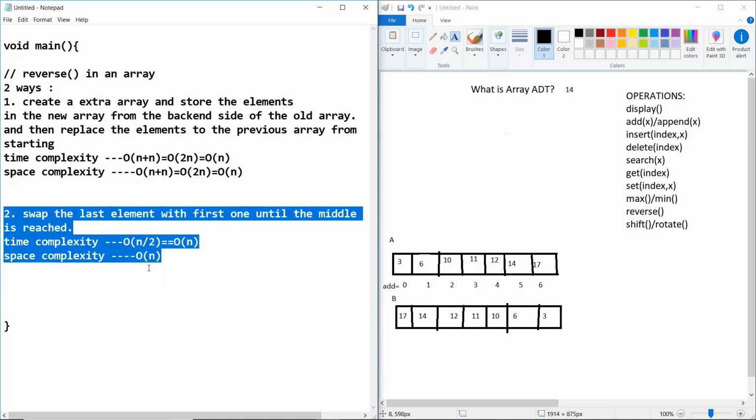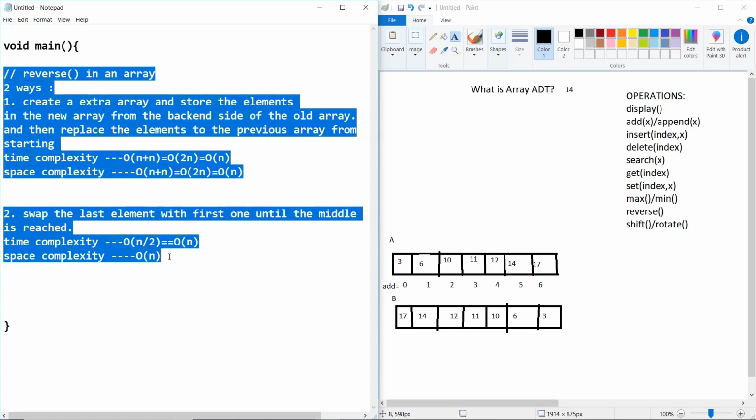So in your interview room, if the examiner asks you to optimize your results, how are you able to do it? Just pause the video and think of some other ways to do it, so that your mind will generate new ideas and you will be able to solve any problem and not face any problems. All right, so this is your reverse type.